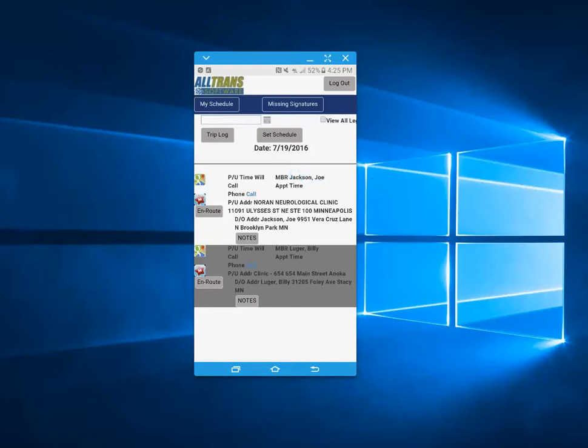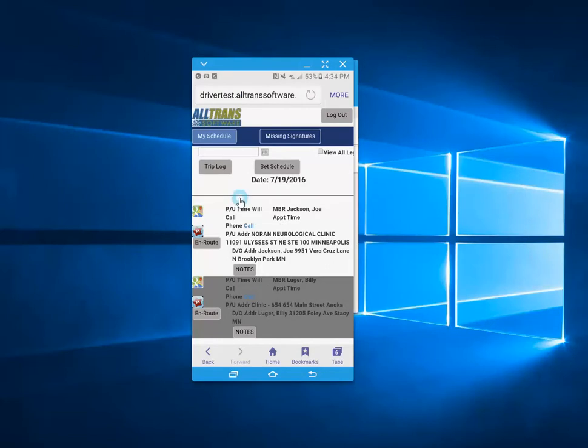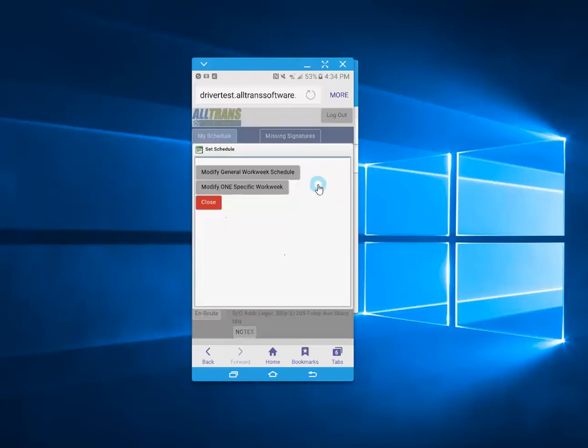And the last thing I'd like to review is the Set Schedule button on the driver portal right above the date. This allows a driver to indicate their schedule and will be used primarily with an auto scheduling feature that's coming out at some point this year. If you click on Set Schedule, you can modify your general work week schedule. So you want to start here. And if I click on here,